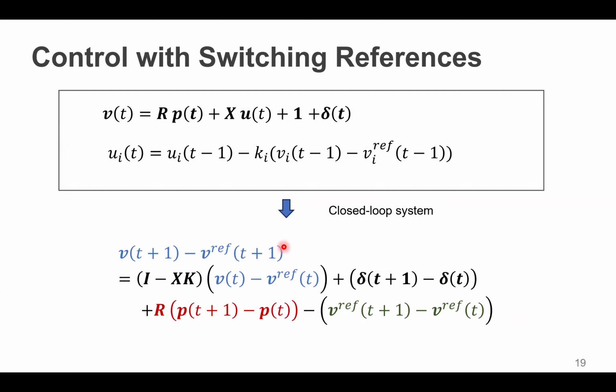Here we can consider the voltage minus its reference as a new definition of the state variable in the system. And here the I minus xk is just the state transition matrix, which aligns with the classical design of the voltage control. Excuse me, are you saying that you change the reference and the voltage at the same rate? Right. That cannot be done.